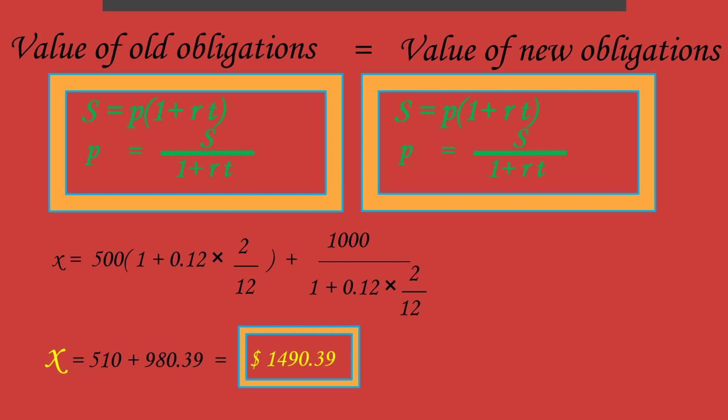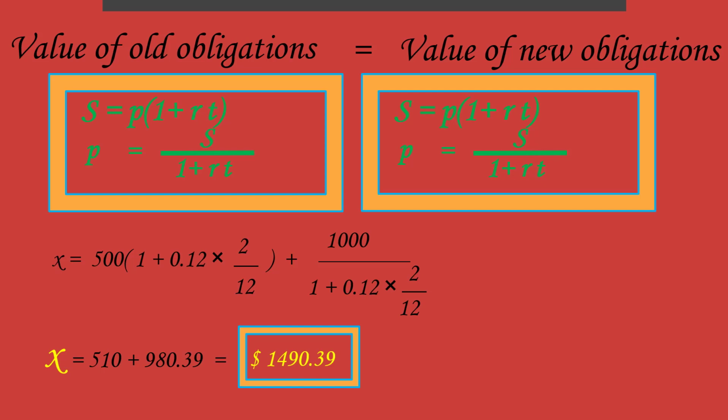Value of old obligations equals value of new obligations. S equals P times 1 plus RT. P equals S over 1 plus RT. The old obligations on the left hand side, X equals $500 times 1 plus 12% times 2 over 12, plus $1,000 over 1 plus 12% times 2 over 12. X equals the value of $500, $510. The value of $1,000 equals